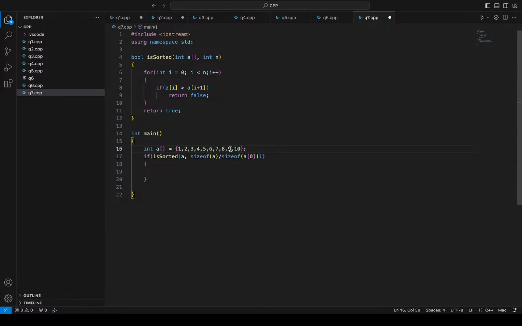Because if we use a fixed array, let's say we have a question that says create an array of 10 integers, and then check if that's sorted or not. And then later, let's just say we switch it to 5 integers. Then we immediately will have to change every number here from less than 10 to less than 5, and that can be troublesome. So we just use the size of